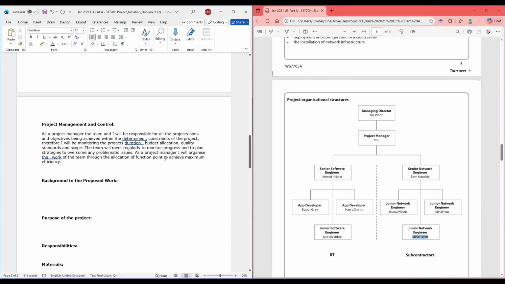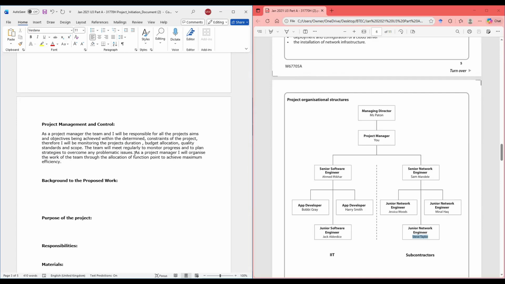As a project manager, I will organize the work of the team through the allocation of function points to achieve maximum efficiency. And that's basically a nice summary, and it's in relation to the set task brief that we can use for